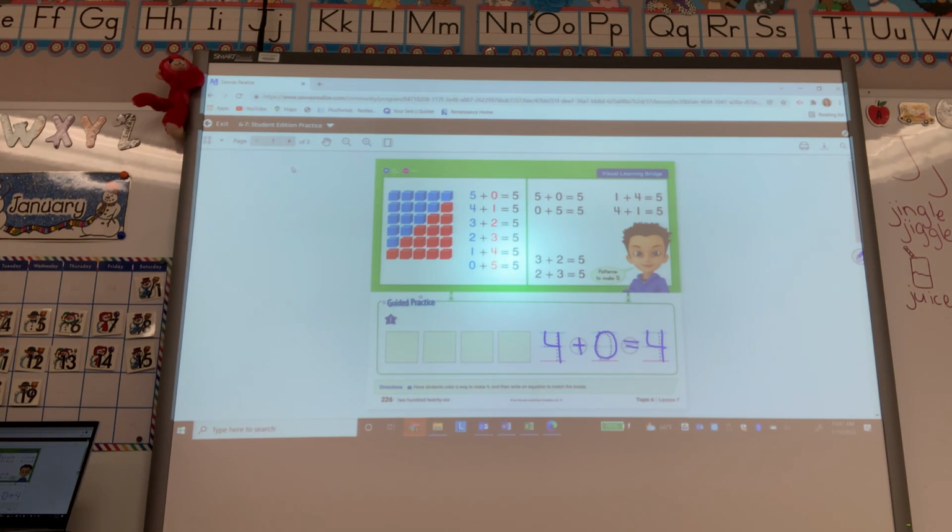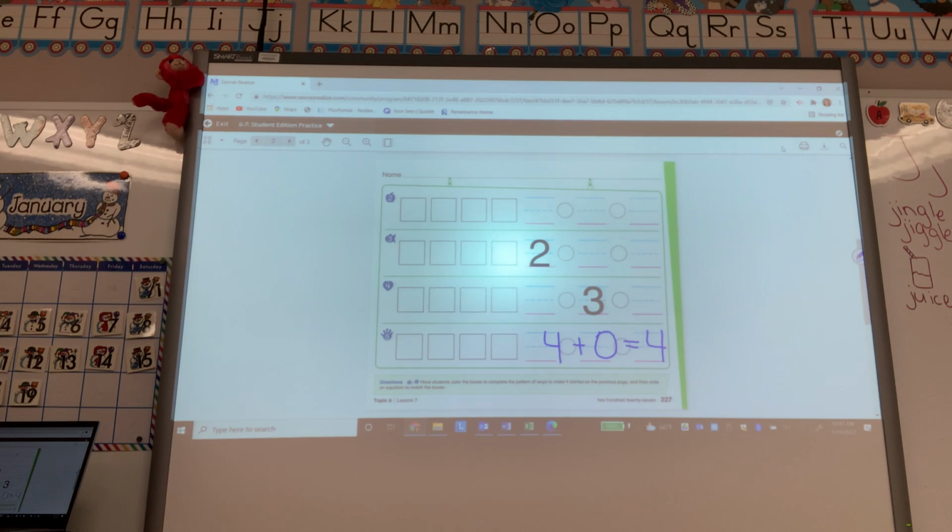Or let's say 0 white boxes. We have 4 green and 0 white. All right, so here,